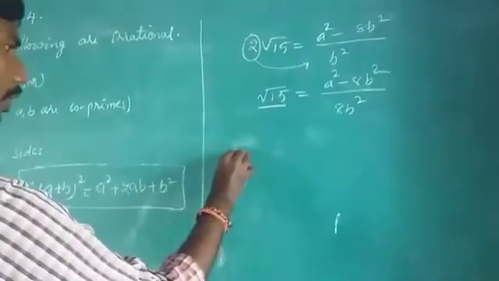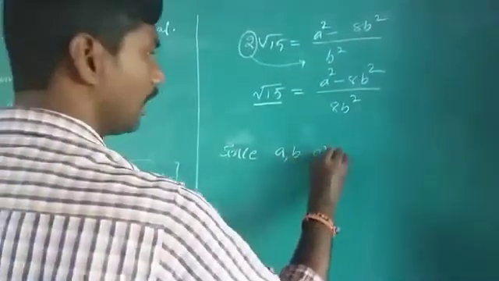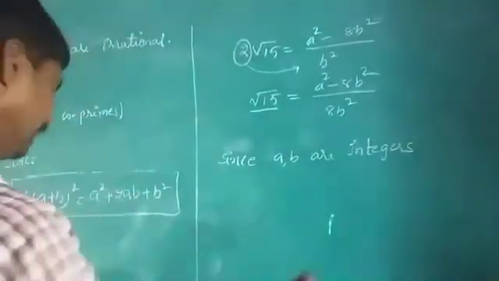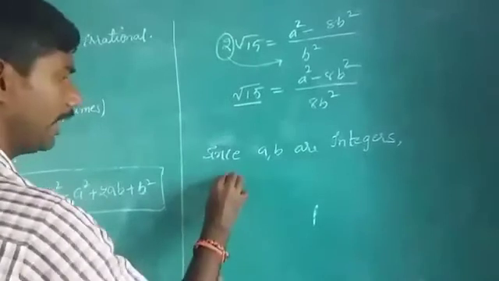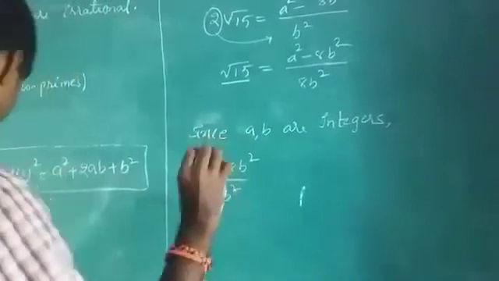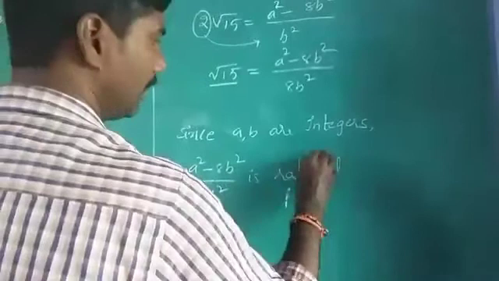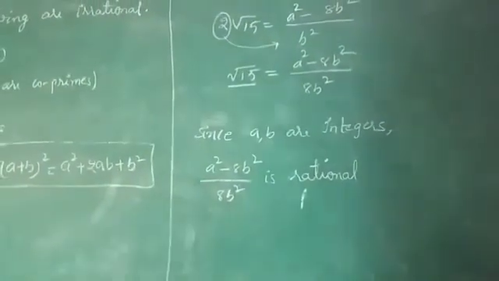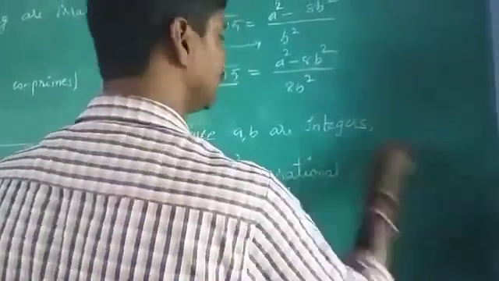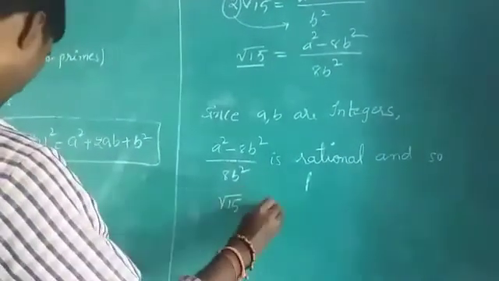Since a, b are integers, (a^2 - 8b^2)/8b^2 is rational. Is it rational or not? It is a rational number. And so this should also be a rational number, so root 15 is